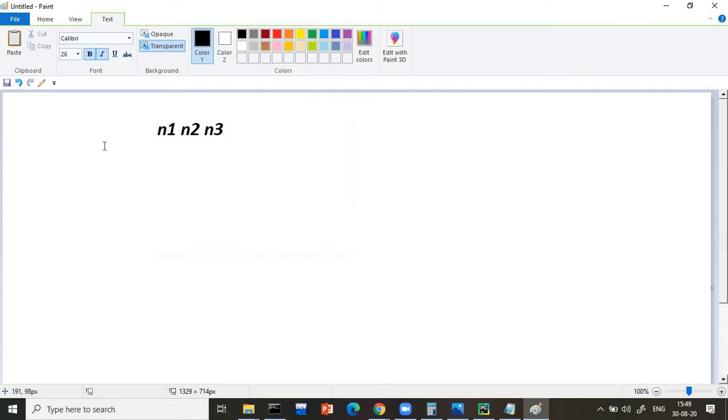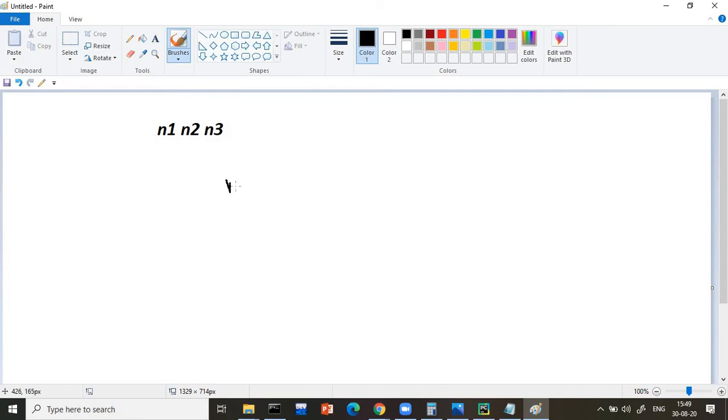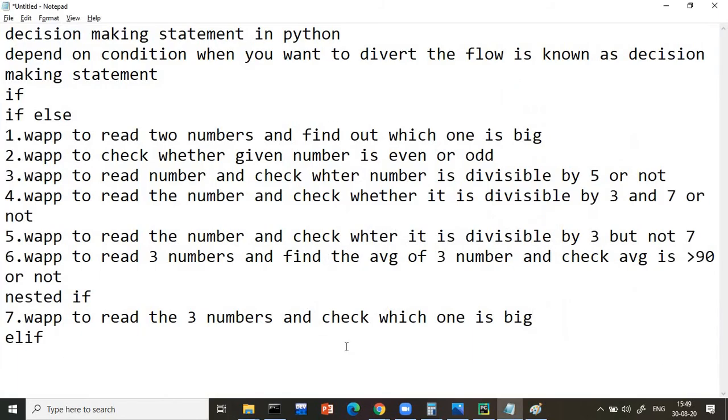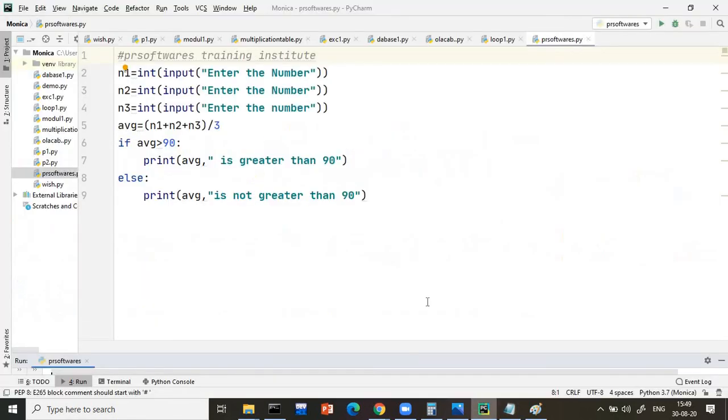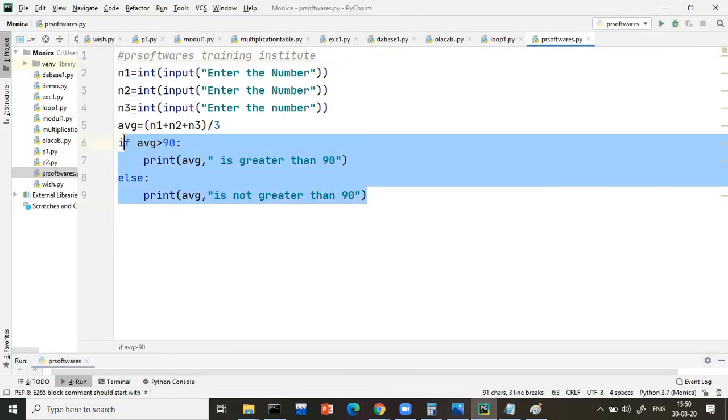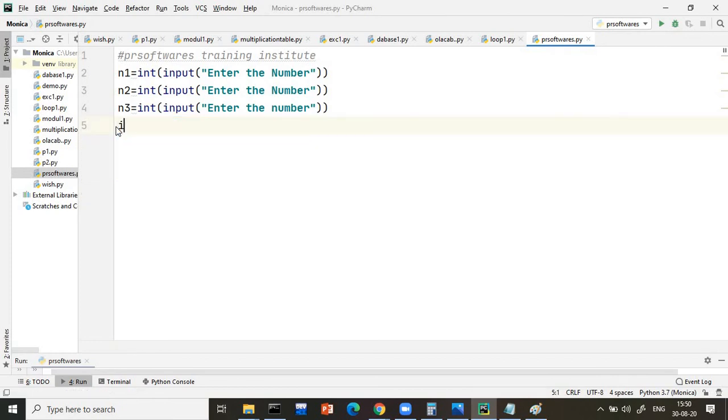So you tell me, if I check n1 greater than n2, by checking this condition, can I say n1 is biggest? The answer is no. If this is true, I have to check again n1 with n3. Am I right or not? Yes. So the same thing we have to write inside the program. I am reading the three numbers. If n1 greater than n2, if this condition is true, then only I will check n1 greater than n3.